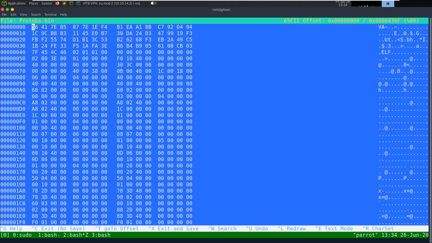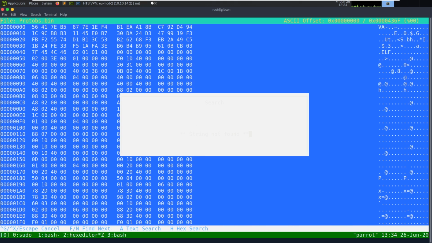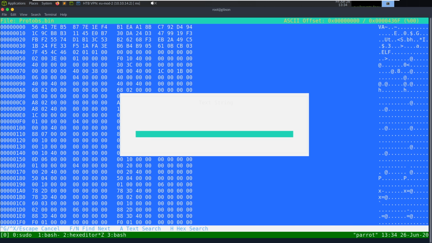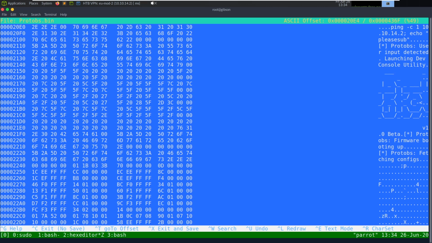Now, the dangerous thing with this, let's just, whoops. Let's just exit and not save. Control W, enter to search for string, ping. So if we want to get a reverse shell, we shouldn't really, in most cases, go beyond the amount of space that is allocated for us. Because you could screw up the binary significantly. But we're going to try